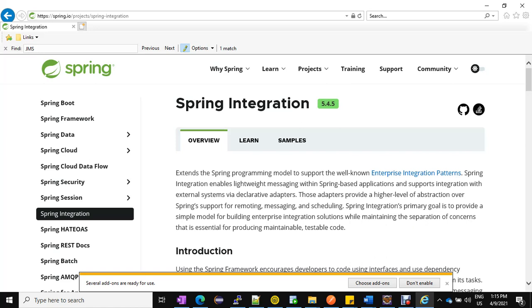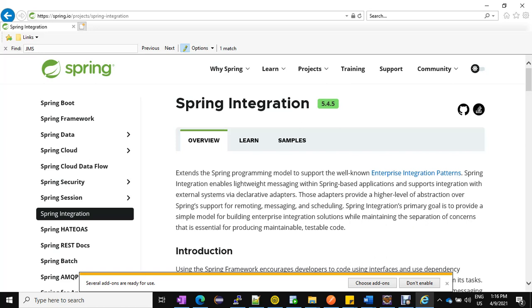If you're going with the plain old Java code solution like the JMS solution, you'll have to write so many things. You'll have to create the connection factory, session. You'll have to manage so many things to connect to any middleware system and then write a message and then read a message. It's a complex process. But with the Spring framework, you have everything created. You just need to use the annotation and there is small configuration in the application.properties and you're good to use that.